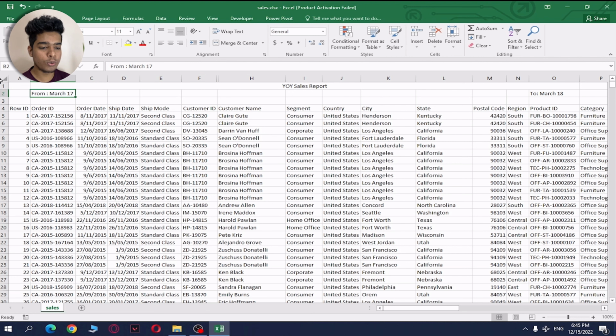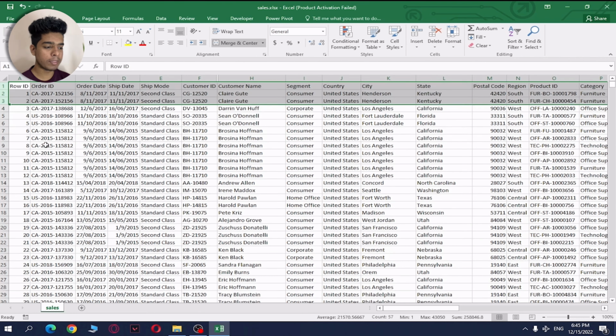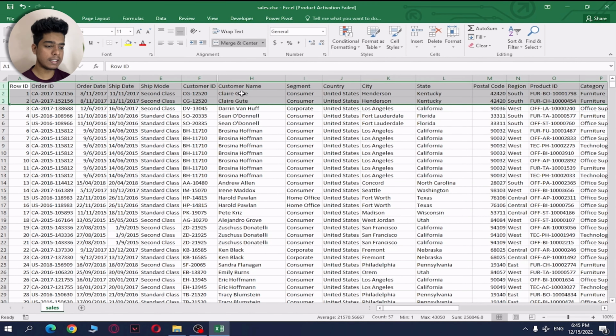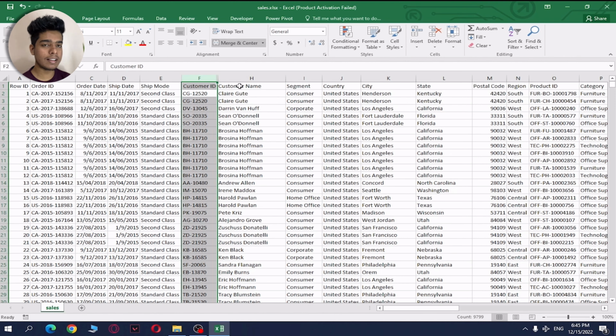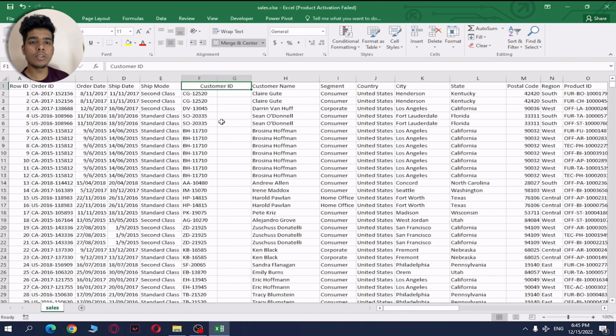Just like what you need to do, just select these rows, right click and click on delete. These values will be deleted. And also I added some empty values in this data. And one more, you can see here after F you can see directly H. So there is a hidden column that can cause some errors while building the dashboard. So what you can do, just double click on it, or you can expand that column, and you can see this customer ID is merged into that G column. That's why that column is collapsed.